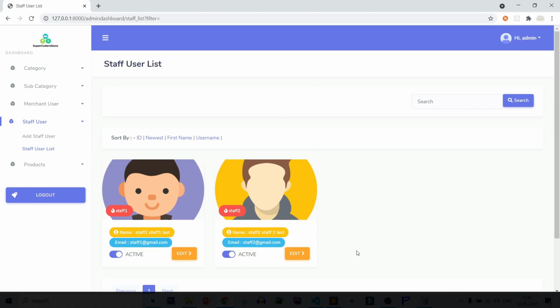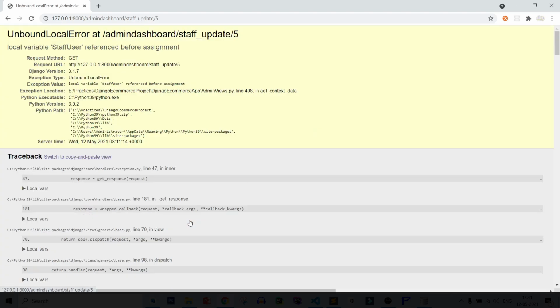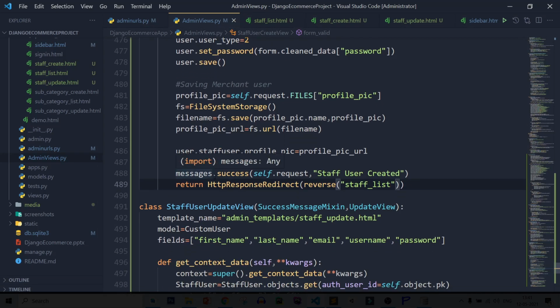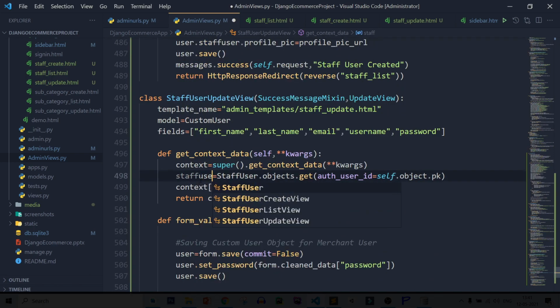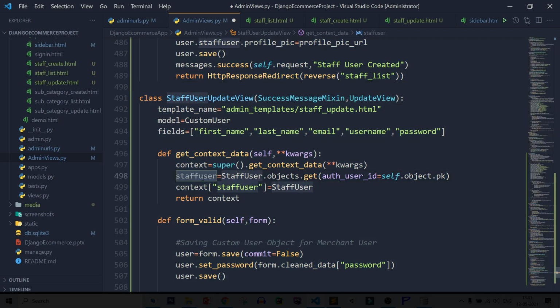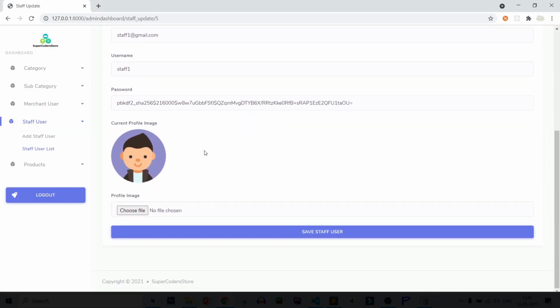Now let's work on edit. So let's see, click on edit, and it is showing something error, 498 line number. So 498, it should be staff user, save it, refresh page, and you can see it is working.